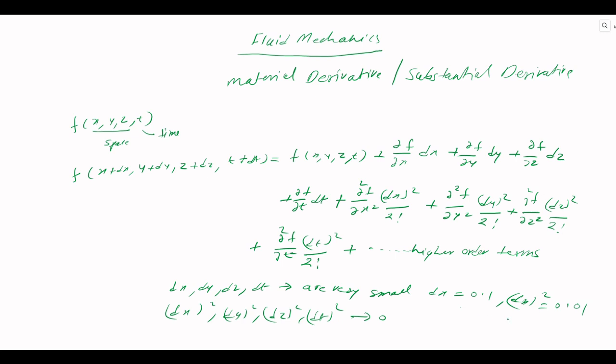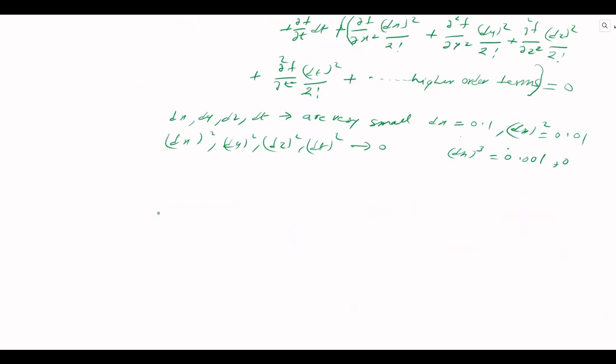Compared to that, for higher order, dx cube becomes 0.001. So increasing the order, these terms tend to 0. This is the reason we are neglecting higher order terms, putting them equal to 0. So we are left with only